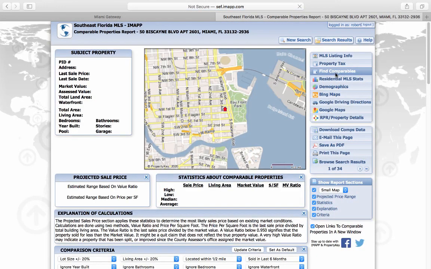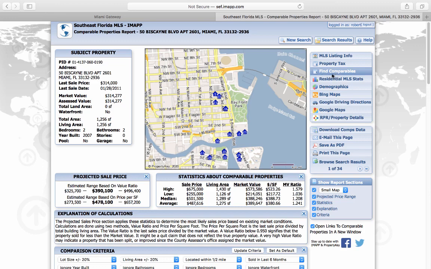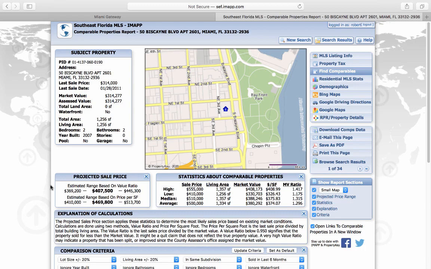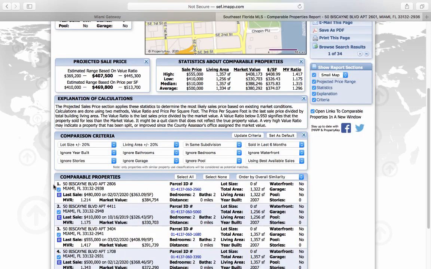So to run comparables in iMapp, you're going to look for the find comparables on the upper right corner. And then you're going to do same subdivision, hit update criteria. And there are 6 comparables. You're looking at a 2-bedroom condo in this building that has a low end value of $410,000 with a high end value of $513,000 and an average of